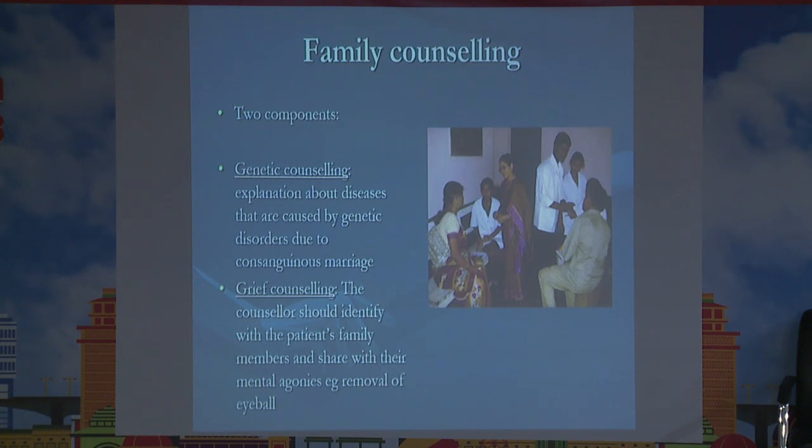Now family counseling has two parts: genetic counseling and grief counseling. Genetic counseling is done in certain cases like retinitis pigmentosa, RP, and retinoblastoma cases. This genetic counseling is done for consanguinity, consanguineous marriages, and other problems that can crop up. Then grief counseling: suppose a patient develops some infection or some problem post-operatively, or there is a sudden death in the hospital, so that is a grief sort of counseling that has to be done meticulously, to understand the patient's problem and psychology.